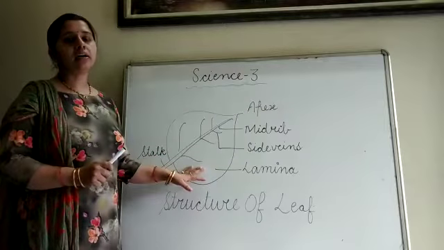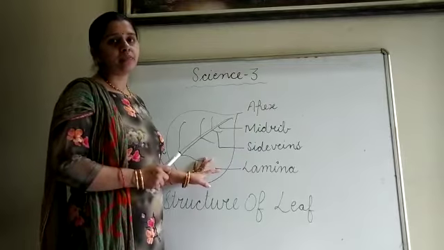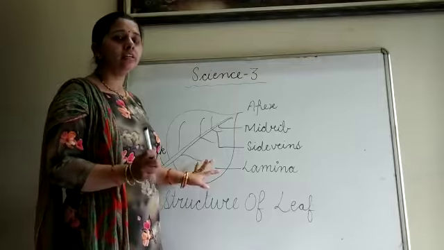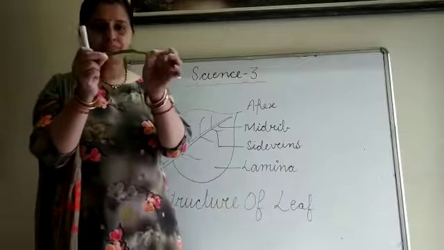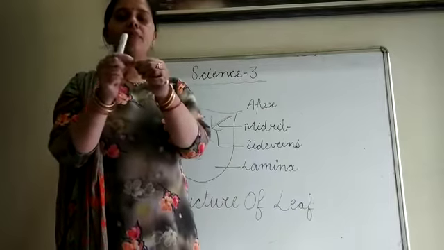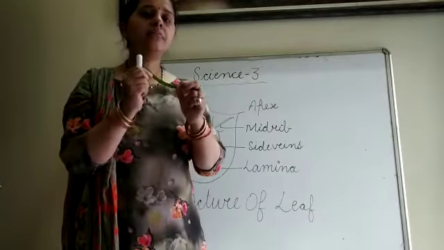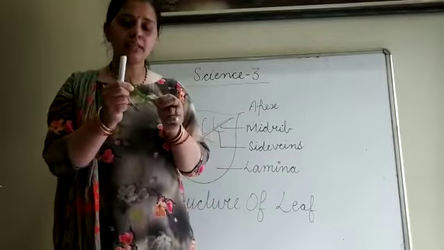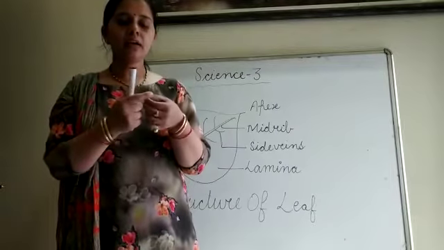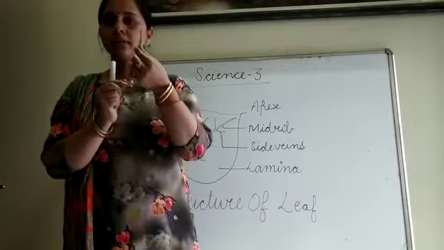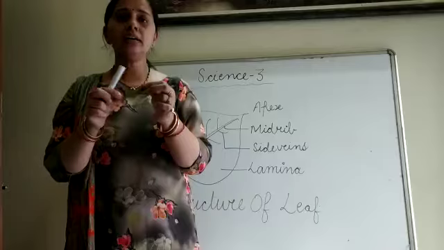So what are the parts of the leaf? The leaf has different parts and leaves also have different shapes. Now you can see that this is also a leaf, and this leaf is found in mountain region plants, the plants that are present on hills and mountains, because this leaf is like spines and it is also thick, and here you can see the waxy coating on the leaf.